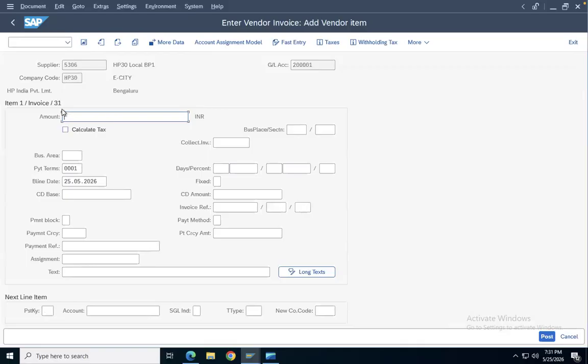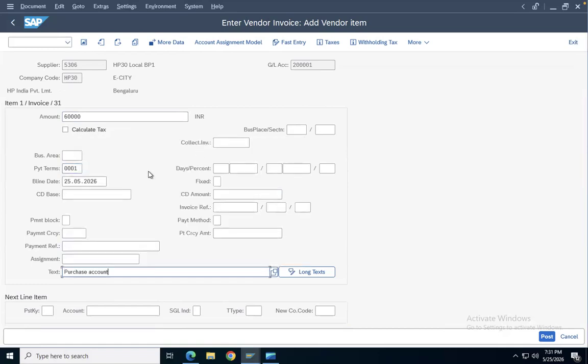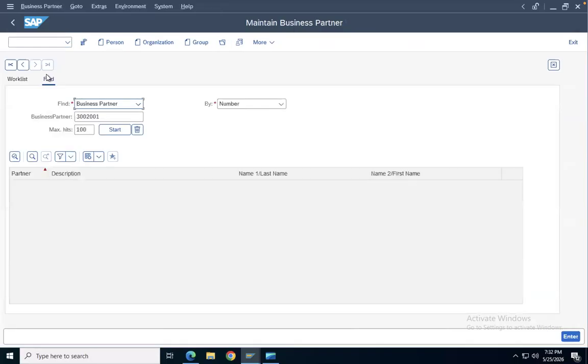Okay, so let's do something. We give 50,000, 60,000 this time. Let's see. Okay, and this is, we are doing some purchase. And then, no, let's do one thing. Let's create one new vendor only. Okay, leave this vendor. So for vendor creation, the transaction code is BP,